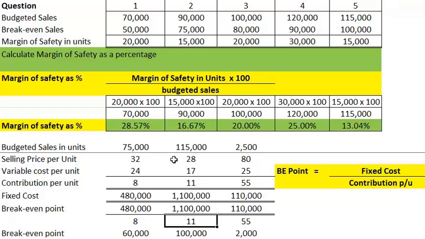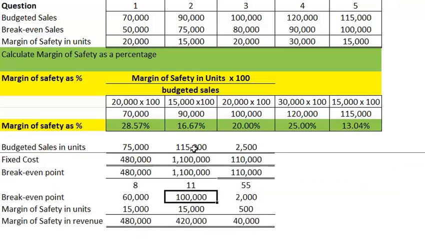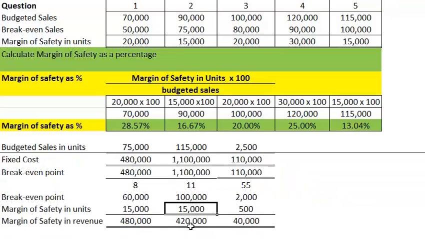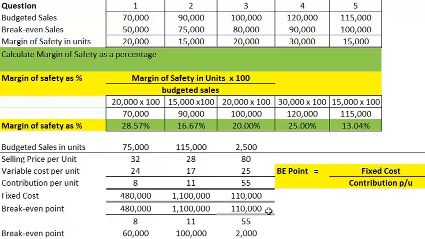100,000. Our budgeted sales in units were 115,000. We will deduct break-even point from our budgeted sales. We will get margin of safety in units of 15,000. When you multiply 15,000 units margin of safety by 28 pound per unit selling price, we get margin of safety in revenue of 420,000. In question 3, our budgeted sales in units are